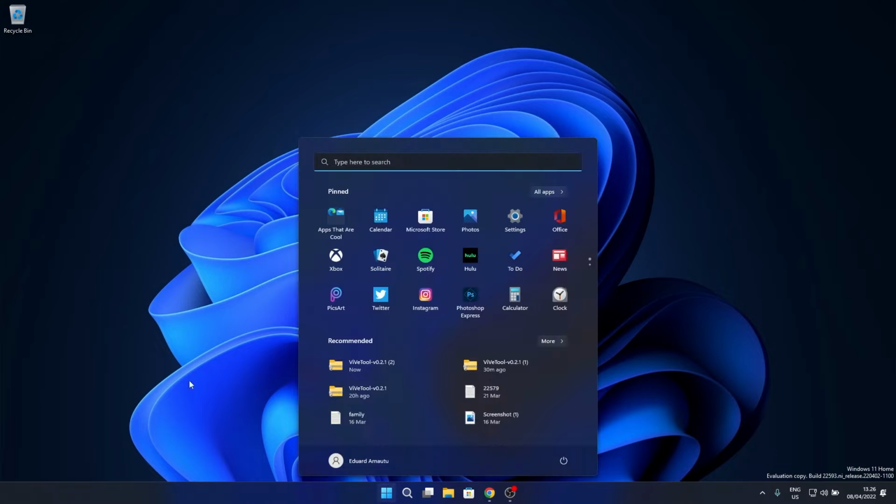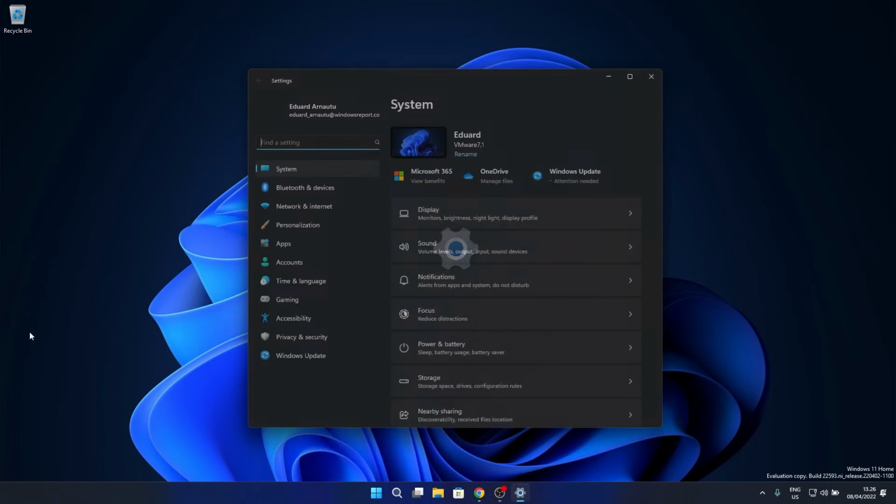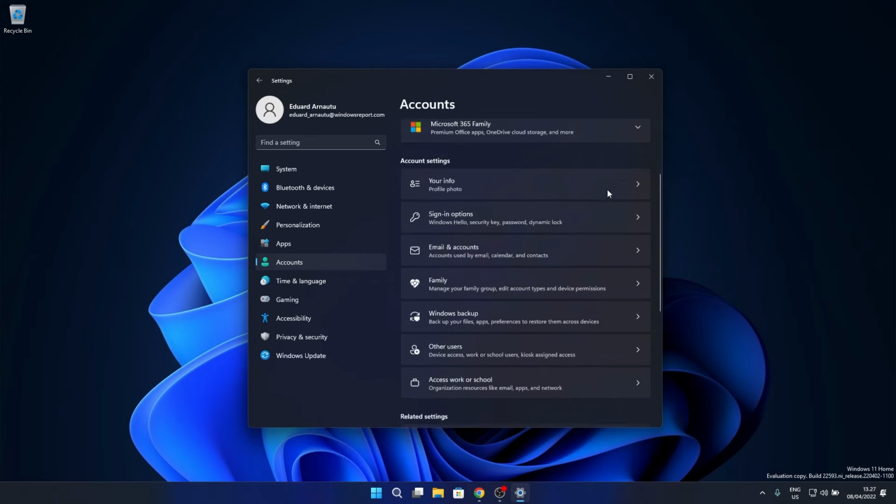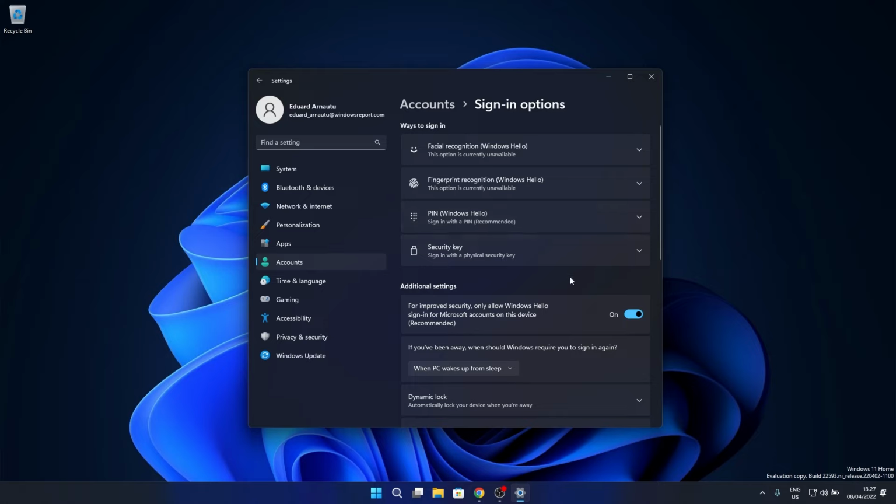So press the Windows button and select the settings icon, and afterwards make sure to click on Accounts on the left pane. Now in here on the right side, scroll down until you find the Sign In Options category and then click on it. The next thing you have to do is scroll down until you find the additional settings, and next to Improved Security only allow Windows Hello sign-in for Microsoft accounts on this device, make sure to turn